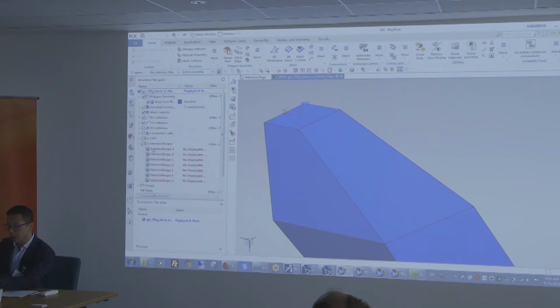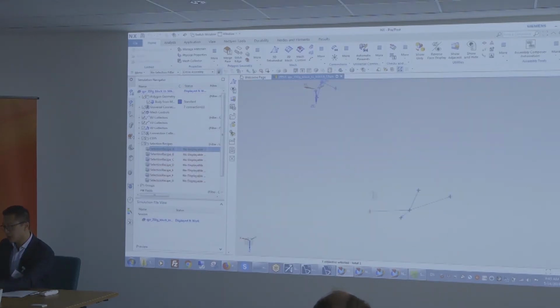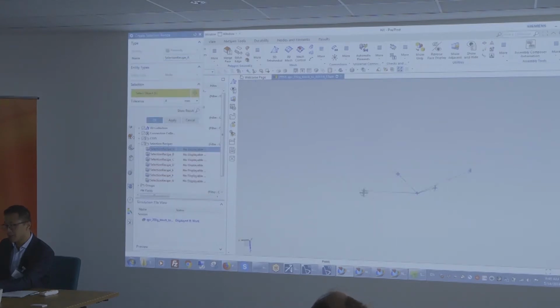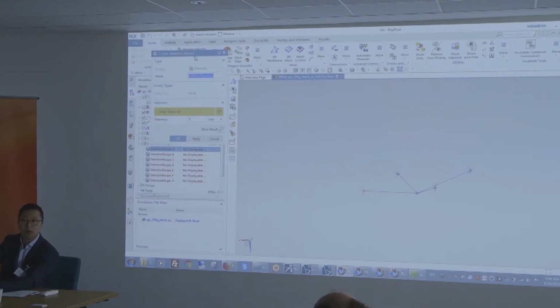So what does that mean? If I look at my selection recipes, you see selection recipe A. What I'm essentially telling that area, which is the point, is to select all of the nodes. By the way, are you guys familiar with structural connections? Yes, excellent. So select all of the nodes within a sphere of 4 millimeters to apply that structural connection. That avoids the problem of having to recreate a connection every time you refine your mesh. That's very important in topology optimization, because you're constantly refining the mesh and resolving, with the software modifying the geometry, so you don't always know what's going to be in that location.